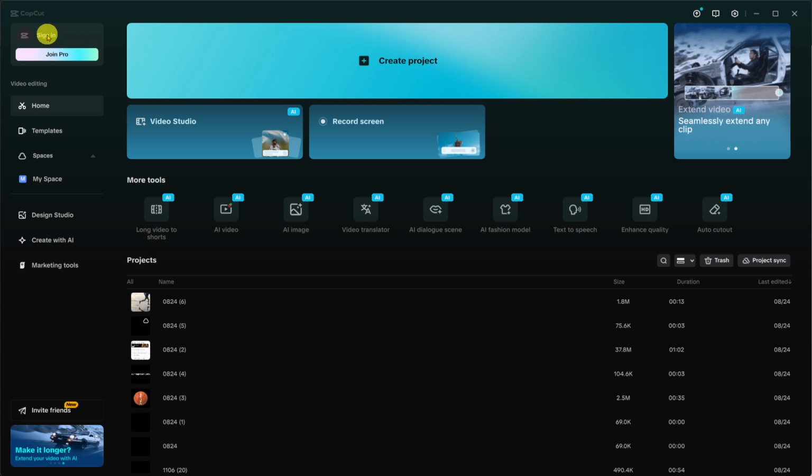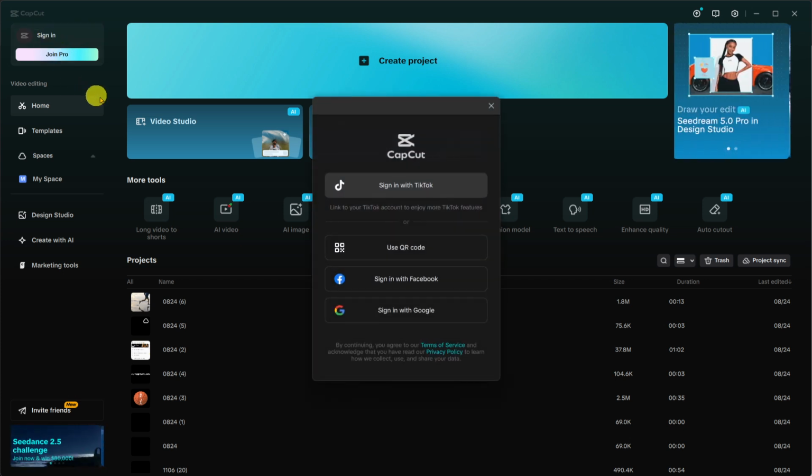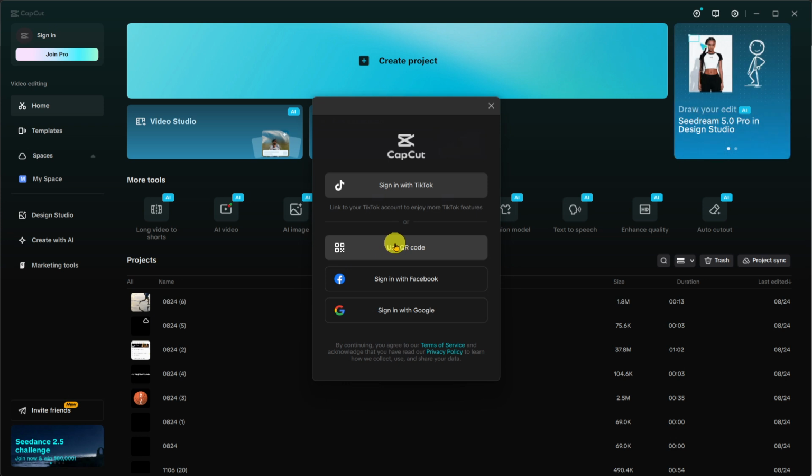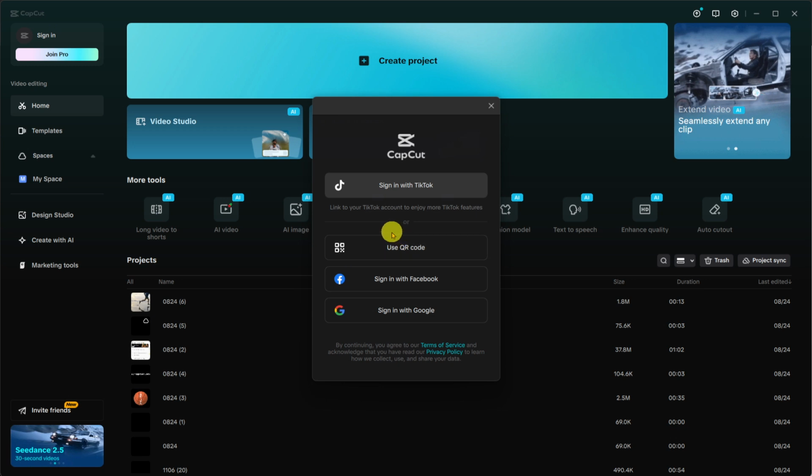After that, choose the option to sign in with QR code. When you click this, a QR-based login screen should appear. From here, follow the on-screen procedure shown in the app. The exact prompts may vary, but CapCut will guide you through what needs to happen next in order to complete